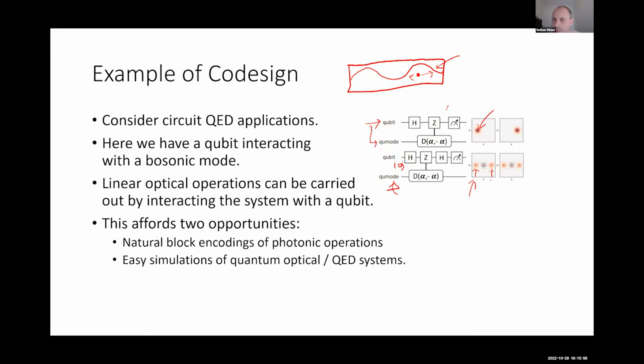The first thing that we can do with this is actually really neat, because this qubit up here will, depending on whether the value is 0 or 1, perform a displacement of alpha up here and a displacement of minus alpha down here, and it will do nothing up there. So if this is our unitary, we can view this unitary as representing the displacement operator that we're looking at inside a block of the larger matrix.